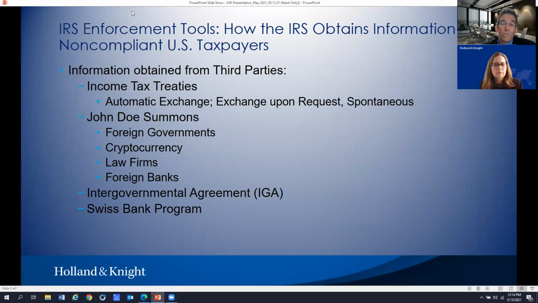Several years ago, I had a US taxpayer who got an IDR, and the IDR was issued through a treaty from India. The Indian authorities thought that this individual had an Indian tax liability. Turned out he did not.